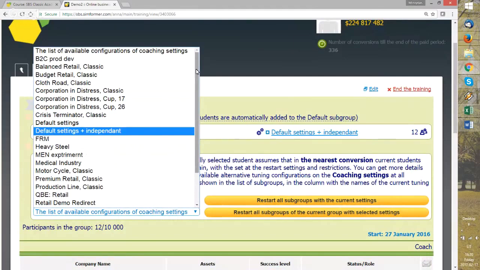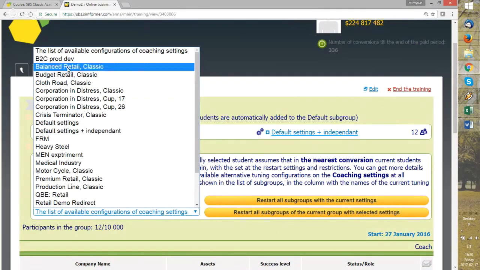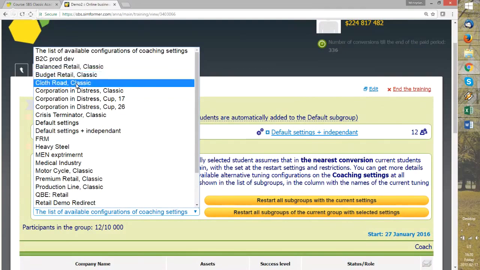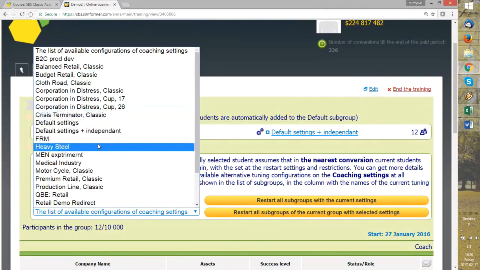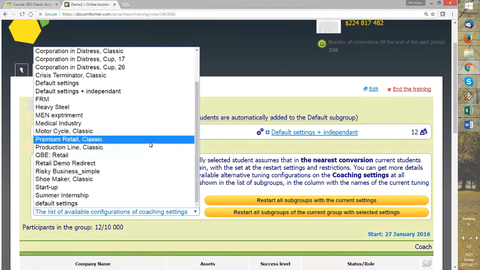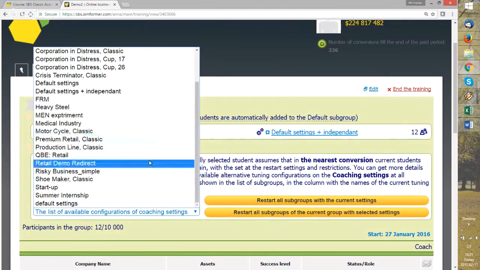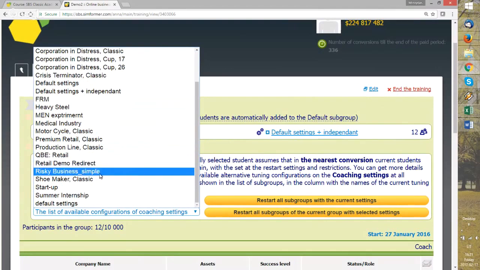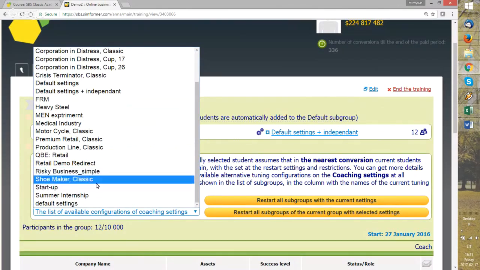Definitely, these simulations differ, so naturally the templates also differ a bit, but the main idea behind the business games is still the same. So whenever you're choosing a balanced retail or budget retail or cloth road or corporation distress or heavy steel or any others, they should be quite similar, even with certain small changes. Now, as mentioned, if you choose to restart the group with a different scenario, for example, risky business, that's one of the new ones, with startup, or shoemaker,